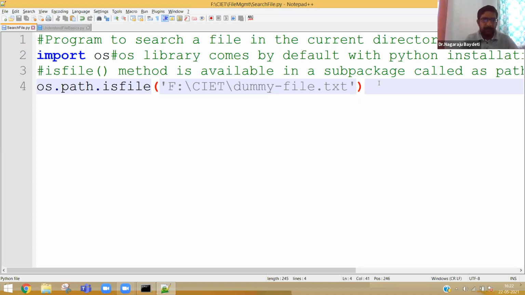Okay. Now, see here, program to search a file. That's a better thing.